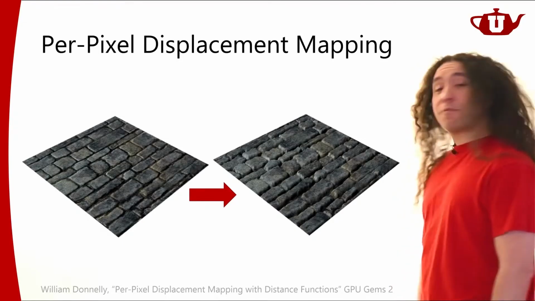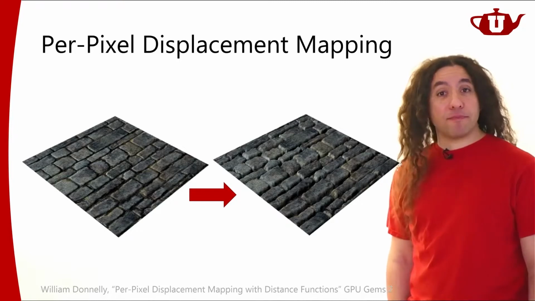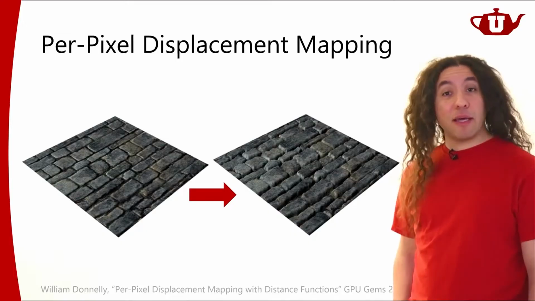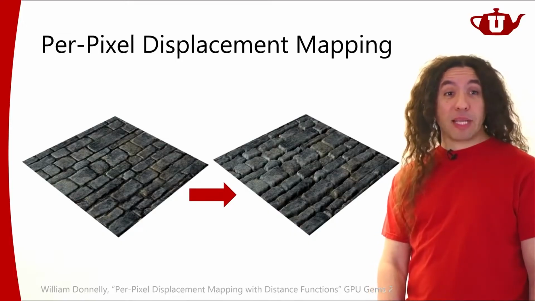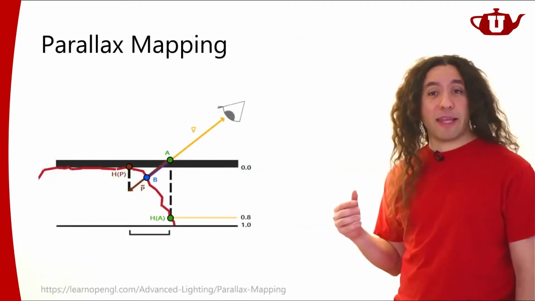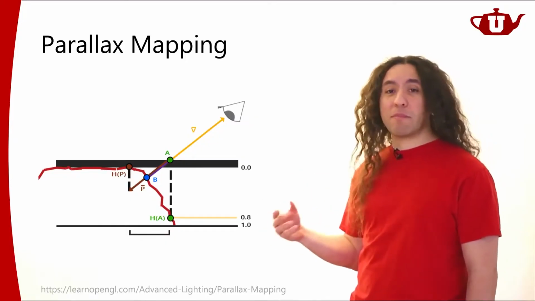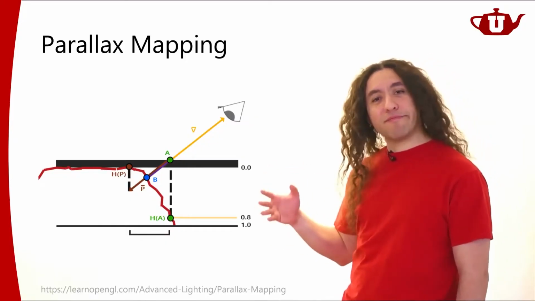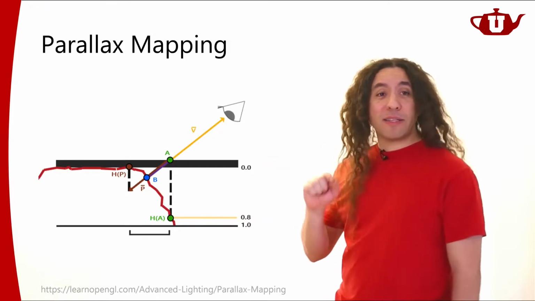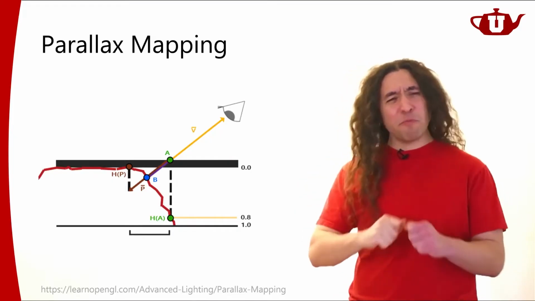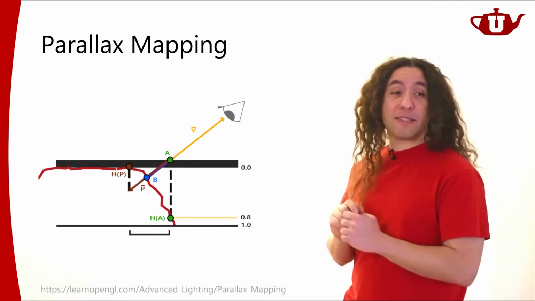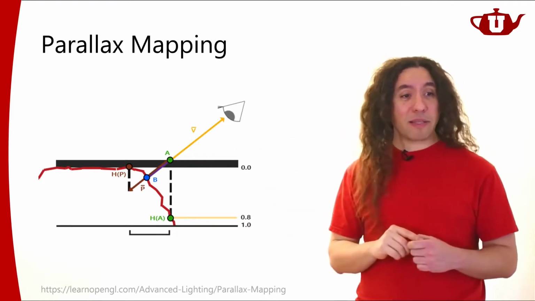Now, instead of doing this per pixel displacement, a more popular technique that's used in interactive computer graphics is what we call parallax mapping. It's a similar idea. It's approximating the displacement maps and actually properly using them without generating the geometric detail. Right? Doing per pixel displacement, but not paying the full cost of it. So this is going to approximate per pixel displacement. That's what parallax mapping does.